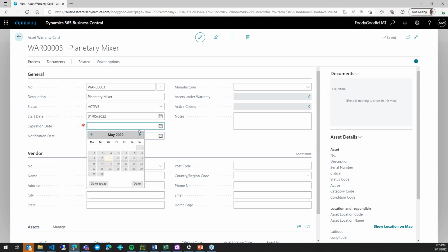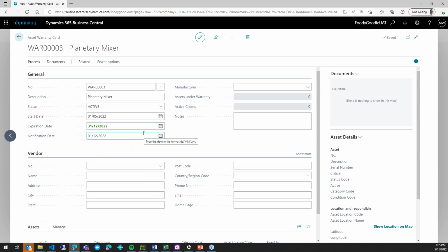And the expiration date can be two years, it can be one year, so you just need to set it up. Let's say that it will be till 31st of December. As you can see, the notification date is filled automatically, and this is because of those 30 days which we specified